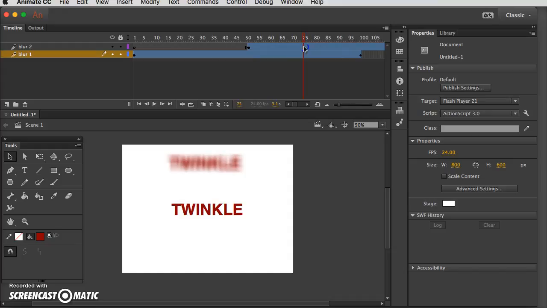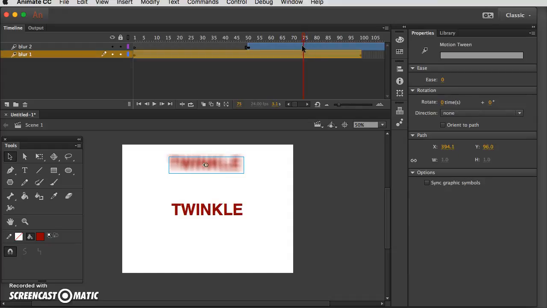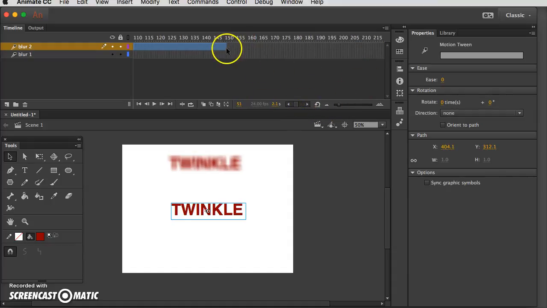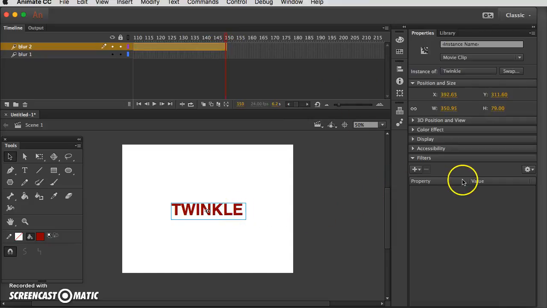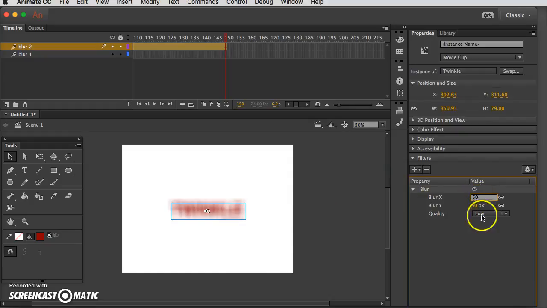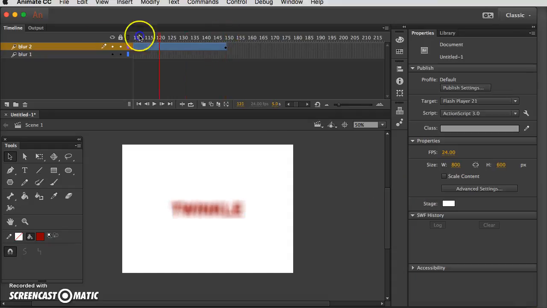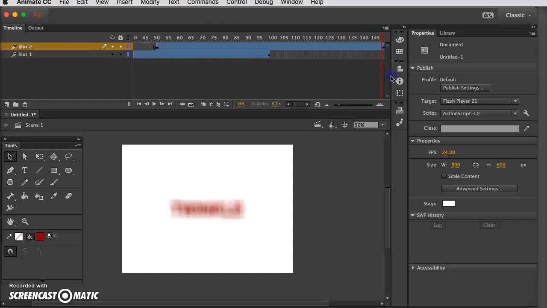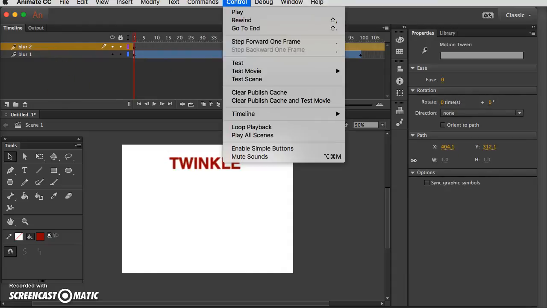Okay, it says repeat the same filter for layer blur 2. So I'm going to click on this, and I need to go up to frame 150. I click on that to make sure of the blue bounding box. I'm going to add the blur, and I'm going to type in 50. You'll see when I type in 50 here, it sort of adjusts the Y as well. So what we're looking for is twinkle, I'll spare you the singing, twinkle. Okay, if we test this,